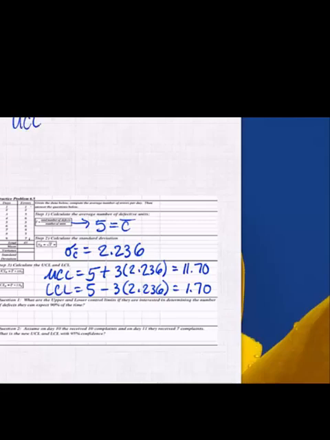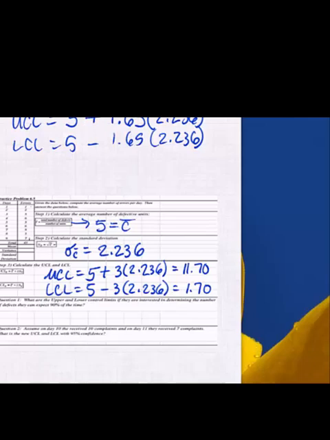The upper control limit then will be 5 plus 1.65 times 2.236, and the lower control limit then will be 5 minus 1.65 times 2.236. So when you calculate that out, you get positive 8.69 for the upper control limit,